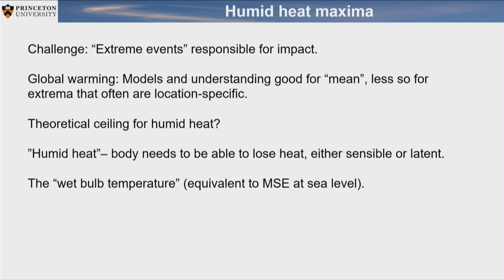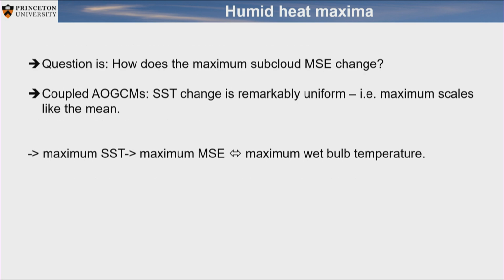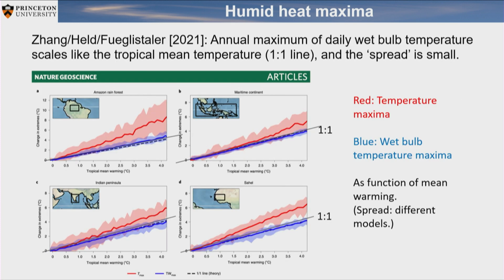That means it's the same thing now as MSE, and you see this wet bulb temperature has a maximum where the MSE is a maximum, and the MSE has a maximum where we have deep convective coupling. That means the maximum regions should be coupled between the land and the ocean. Okay, and that is now very nice. What Yishang showed here is, on the x-axis, the tropical mean warming following climate change. This is a 4 Kelvin warming. I think it's the RCP 8.5 scenario, but it basically holds with whatever scenario you look at.